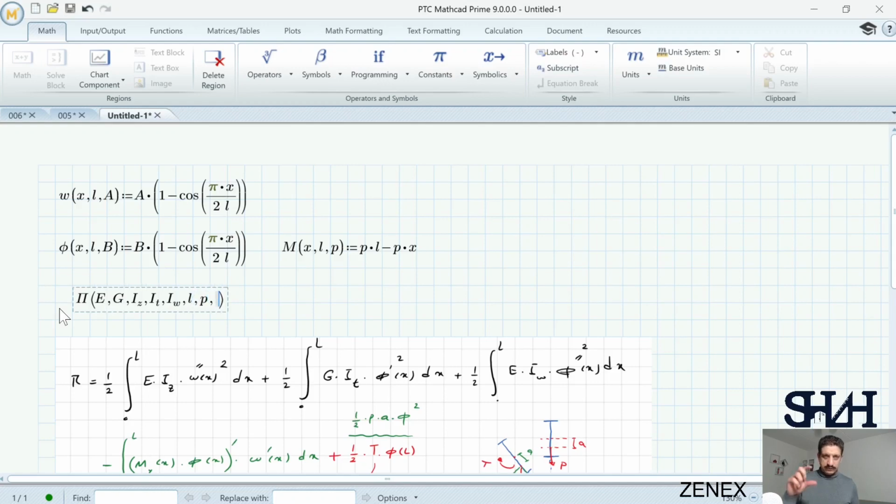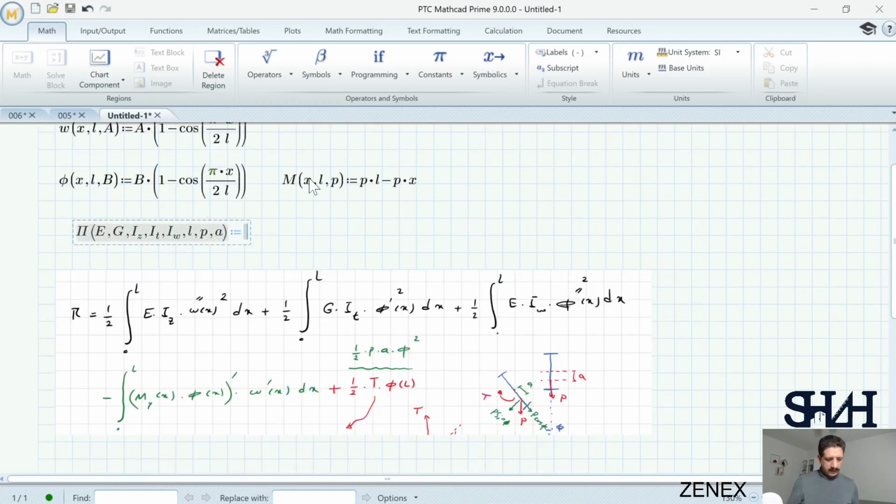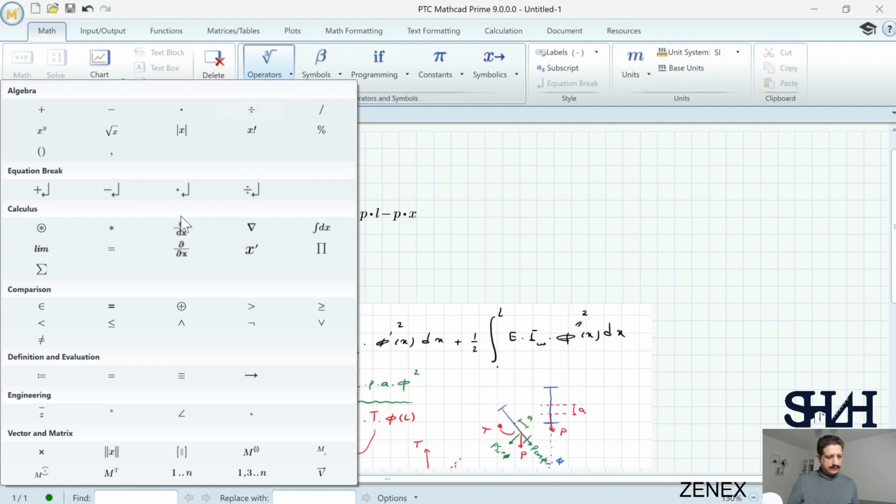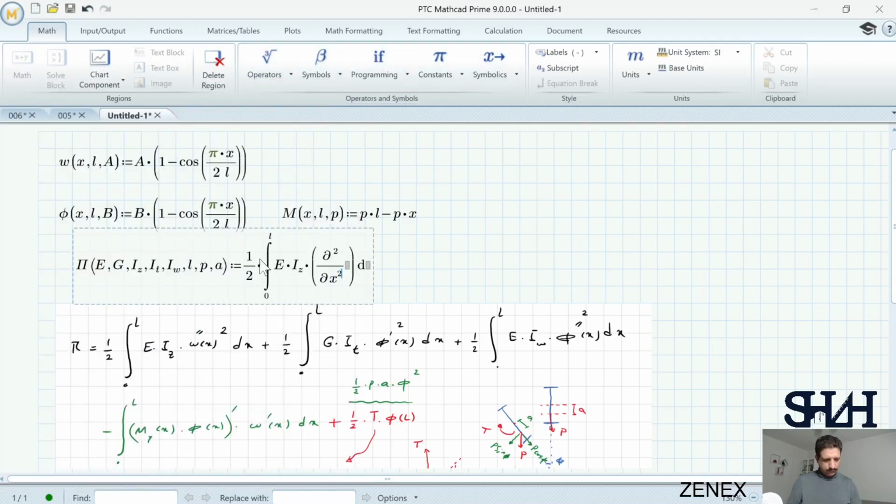L, and also the distance from the center, A. Nothing else for now, so it will be 1 divided by 2 times integration from 0 to L times E Iz times the second derivative of omega with respect to x, as a function of x and L and A, all together squared, dx